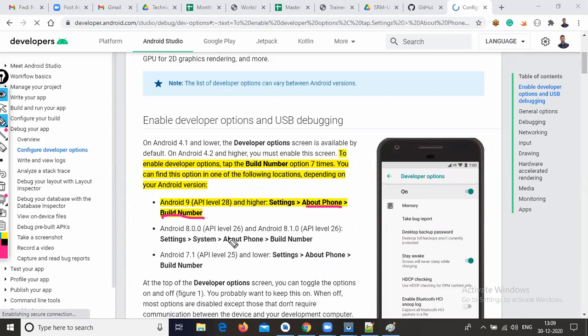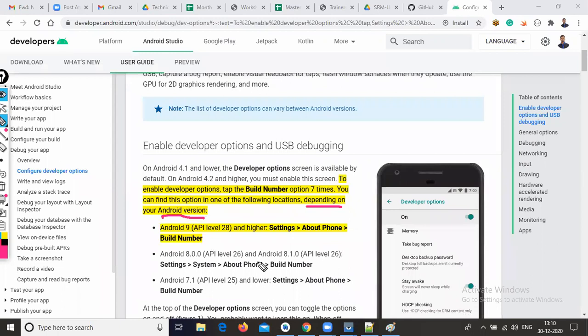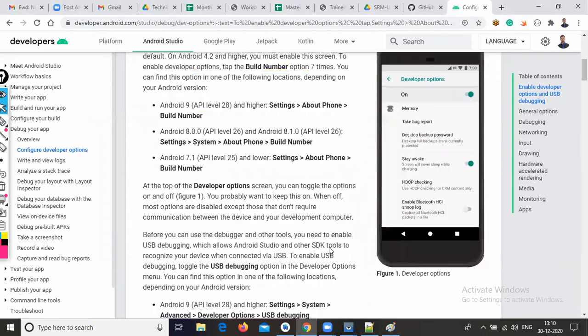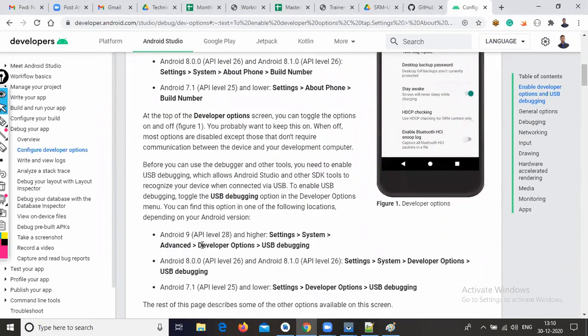Once you find the build number, tap on it 6 or 7 times, build number or model number. After that, the developer option is enabled.